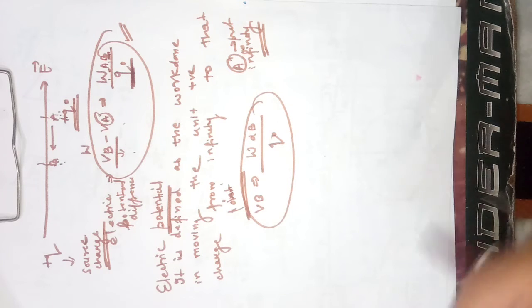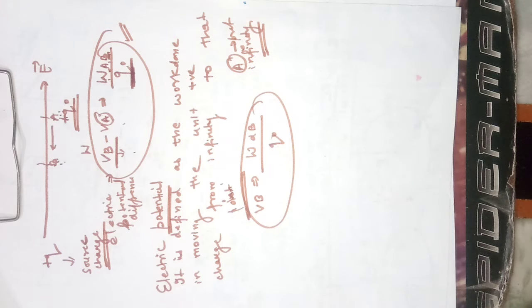Then the electric potential difference would simply change to electric potential when we have considered point A at infinity. कि अब हम टेस्ट चार्ज को पॉइंट A से पॉइंट B नहीं ला रहे, अब हम टेस्ट चार्ज को इन्फिनिटी से लेकर के पॉइंट B तक ला रहे हैं. तो जो इलेक्ट्रिक पोटेंशियल डिफरेंस है that will simply change to the electric potential.